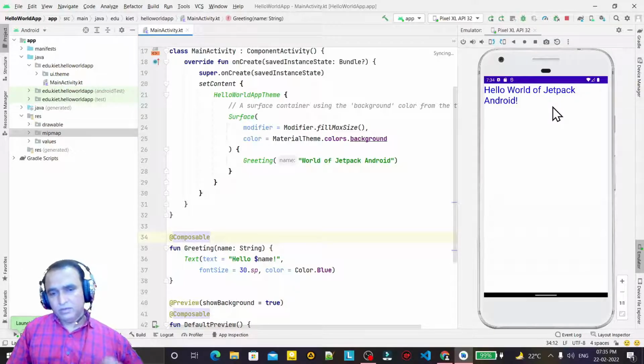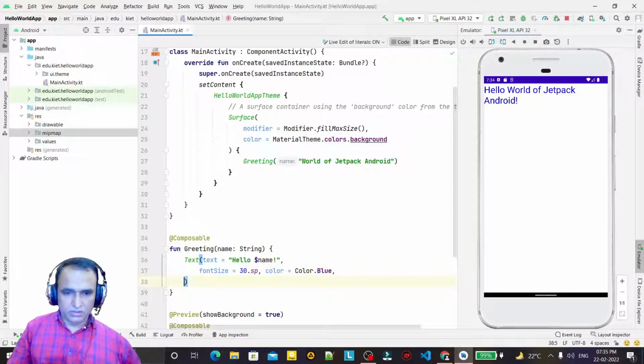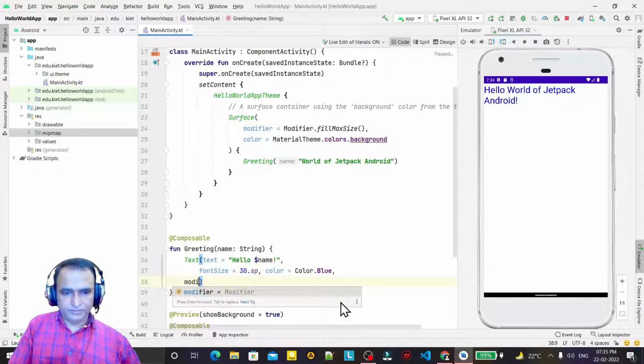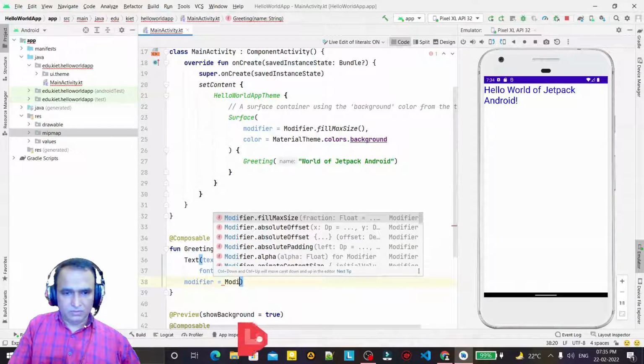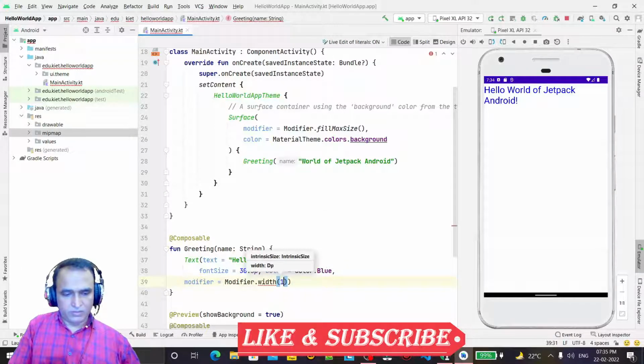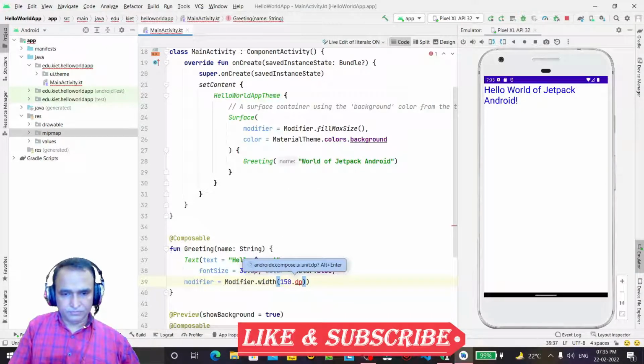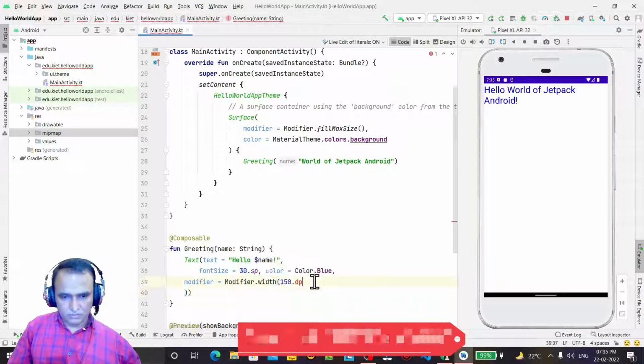If I want to set it in the center, I can do this also: modifier, and I say modifier dot width, and here I set 150.dp like this.